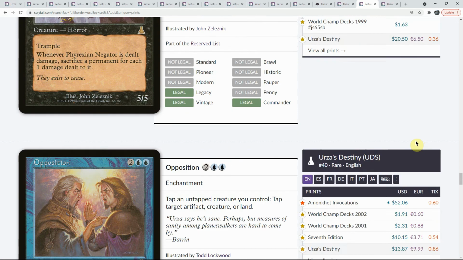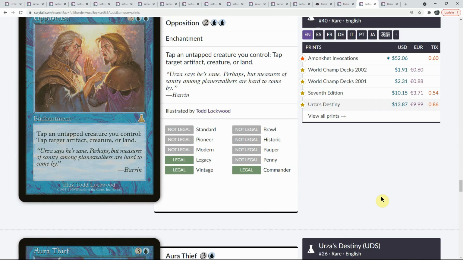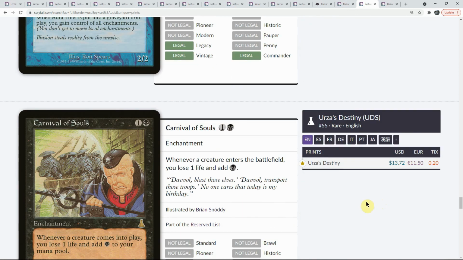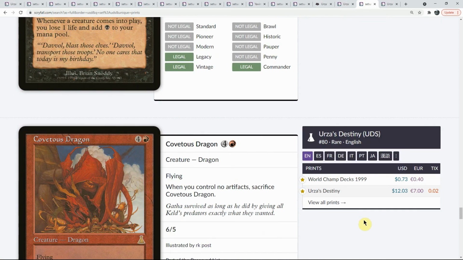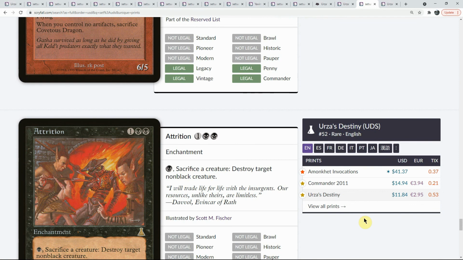Let's see, we're still around the $20 mark. Opposition. So, was reprinted in 7th Edition and ended up in the Invocations in Amonkhet. $13. Aura Thief. $13 only in Urza's. Carnival of Souls. All hovering around $13. Covetous Dragon, sorry. Covetous Dragon. Attrition, cropped up in a commander deck, and